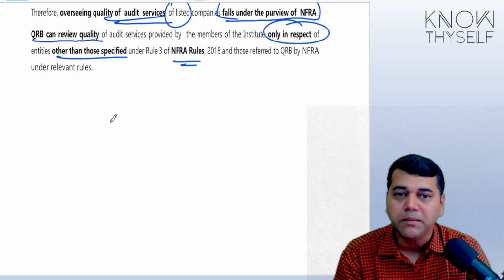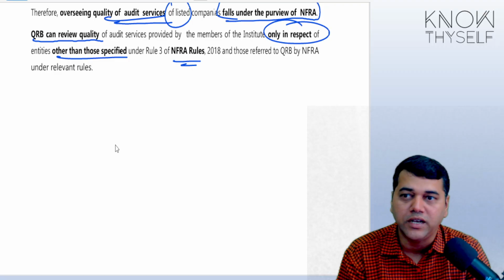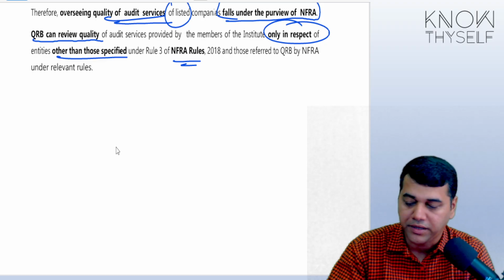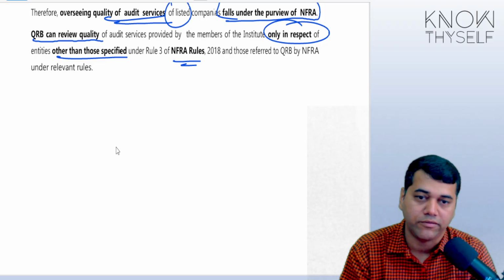So these are the three mechanisms which the government of India or ICAI has established to see to it that members do their work properly. One, peer review. Second, quality review. Third, NFRA. With this,